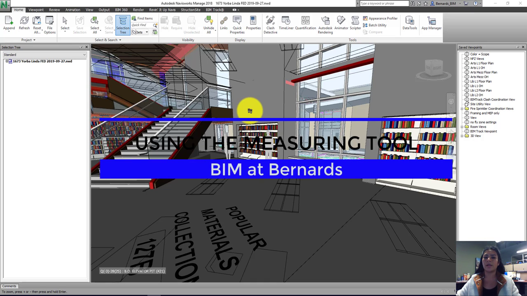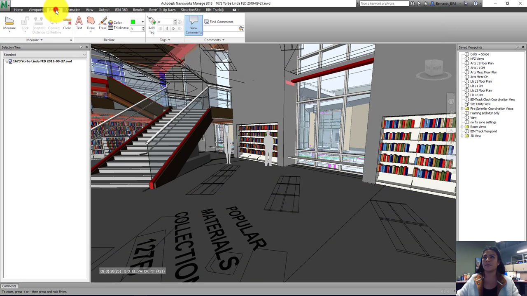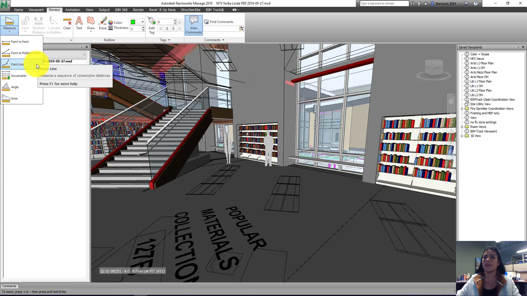For today's tutorial, I will be going over how to use the measuring tool. You're going to start by selecting the Review tab and then going over to your measuring panel and then selecting the type of measurement you'd like. In Navisworks, you have the option to select point to point, point to multiple points, point line, accumulate, angle, and